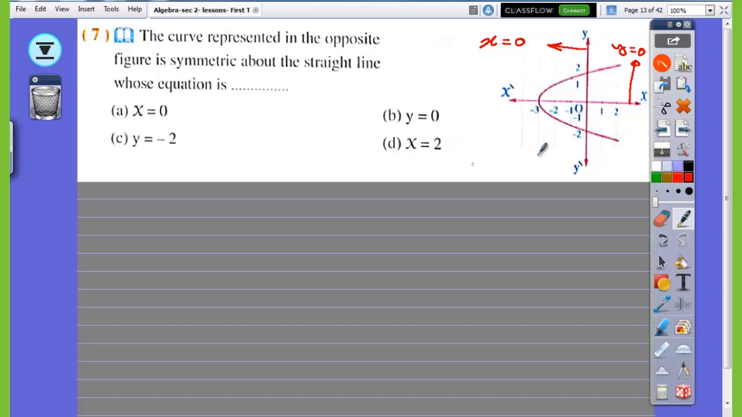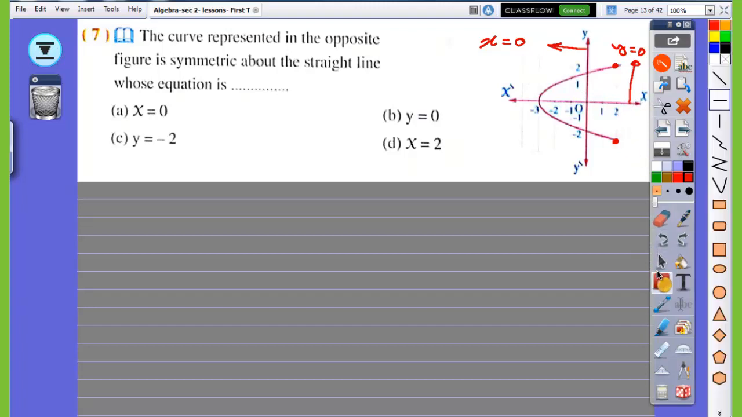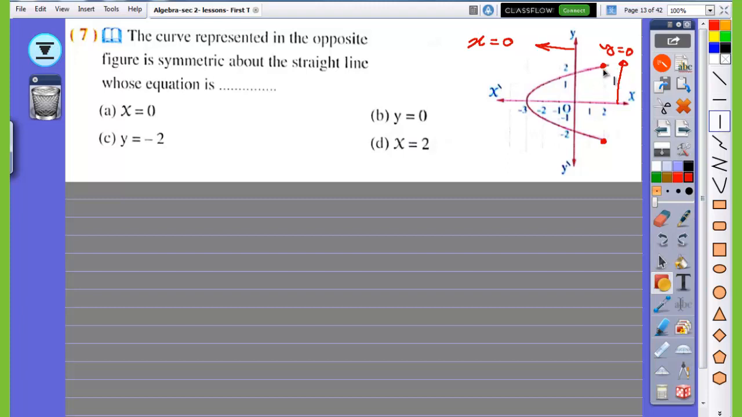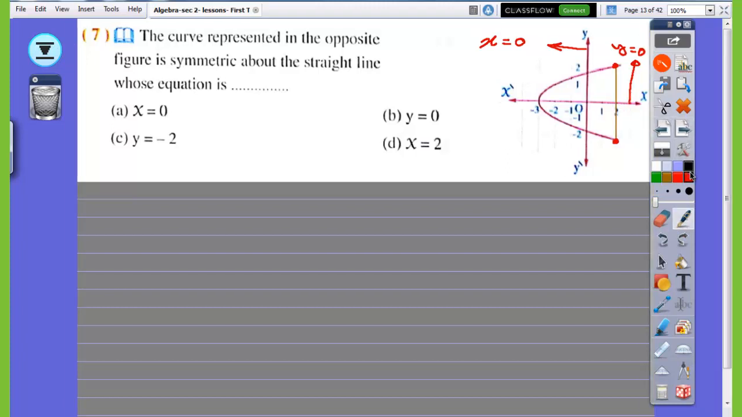Okay, what is the image of the point? Consider this point as 2 and 2. Its image here is 2 and negative 2. Every point belonging to the curve has another image by reflection on the x-axis. Okay, how? The distance between these 2 points is equal,